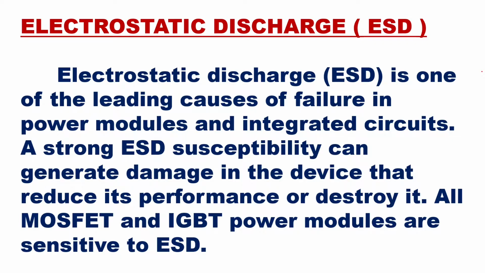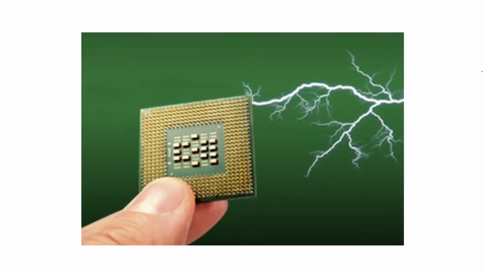These are some examples, but most of the electronic components and systems are very much affected by this common problem called electrostatic discharge, which can also take place when a human being touches a component or a system. You can see this picture here. Whenever there is a touch, you can see a discharge happening. This discharge, that is the current, will go through the components and can damage them, and can damage the working of the system. The system can malfunction just because it was touched and some charge has gone through it. So it is called electrostatic discharge.